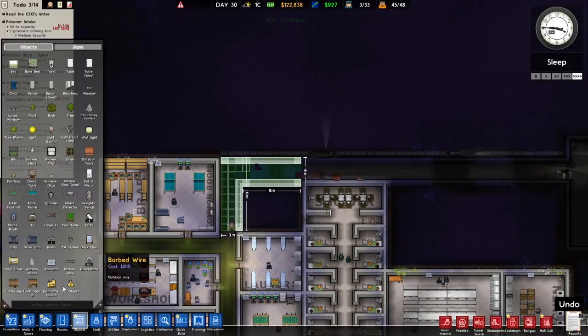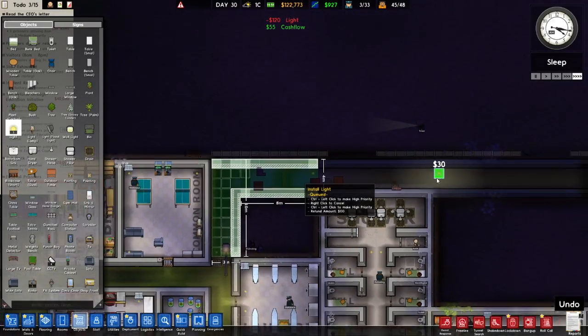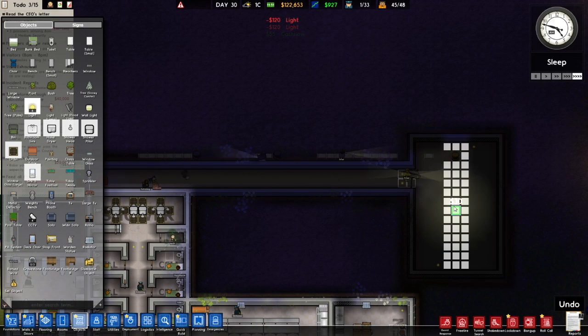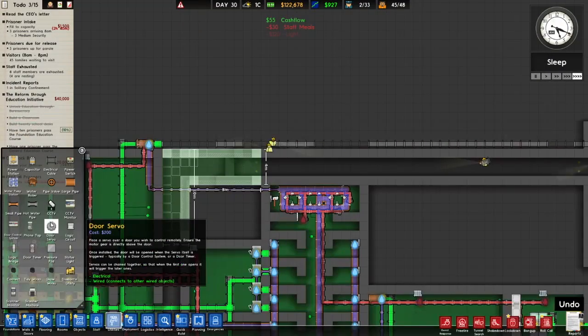One thing I have to do before I forget is put in the lights, because they'll have to be able to see where they're going, eh? It'll be bad if they don't. And then put one light there, one light there. That all looks pretty good. And then we can put in door servos, but these door servos,